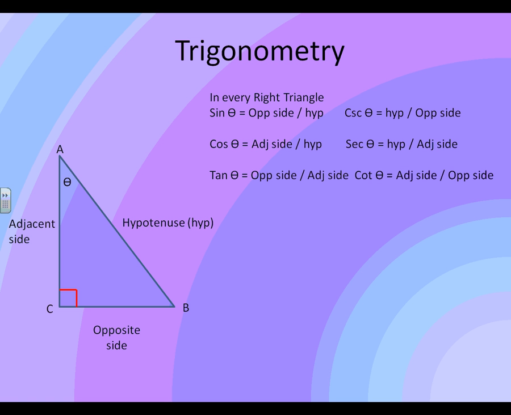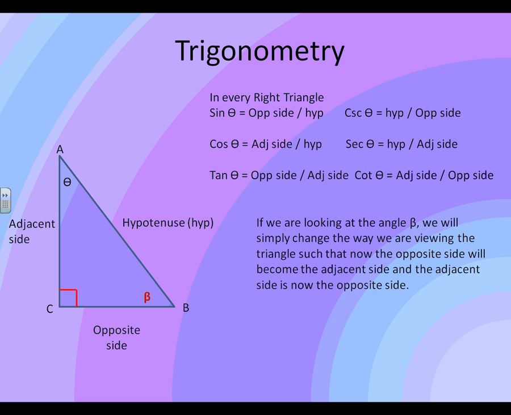Now I'm hesitant to say A over C or B over C for the adjacent side over the hypotenuse, or something like this. It's always better to remember that the opposite side over the hypotenuse is the sine. The cosine is the adjacent side divided by the hypotenuse, and the tangent is the opposite side divided by the adjacent side. A reason for that is if we take another angle, let's say we are looking at an angle beta, we'll simply change the way we're viewing the triangle,